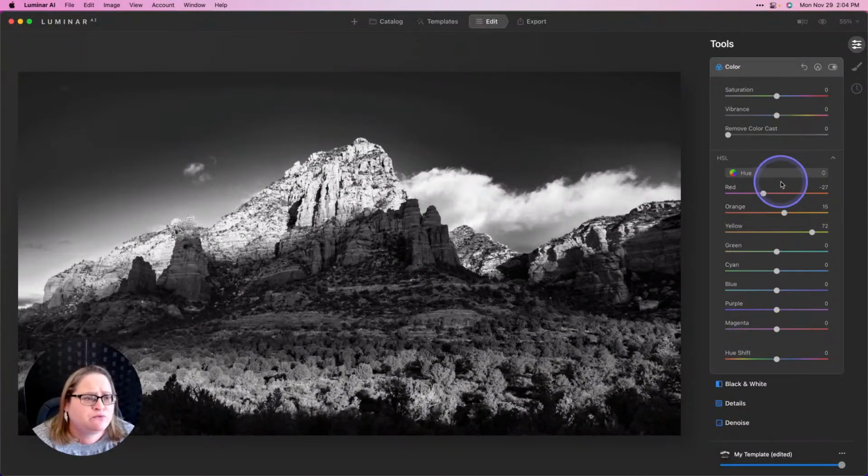In addition to being able to work with our hue, we also have the saturation, and again, we can increase or decrease some of those tones and really bring this in and modify it where we want it to go. Once we have our color channels dialed in,